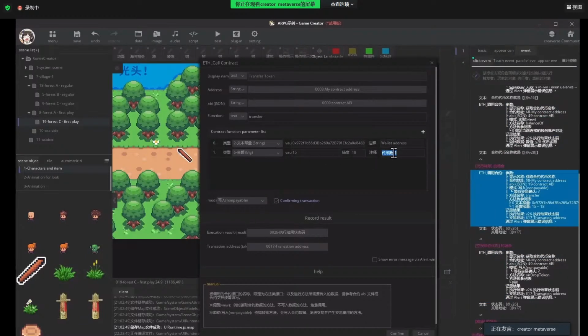And here is the number of tokens. We can change it every time. To transfer more than 15, we change from 15 to 150. And confirm.